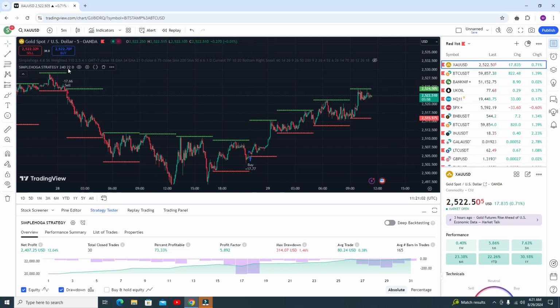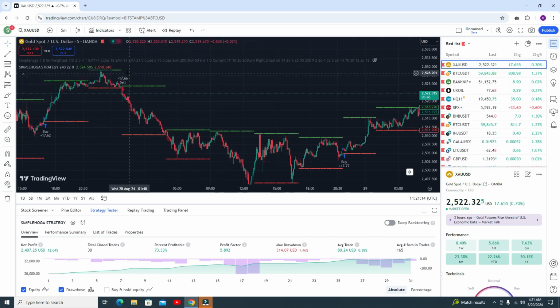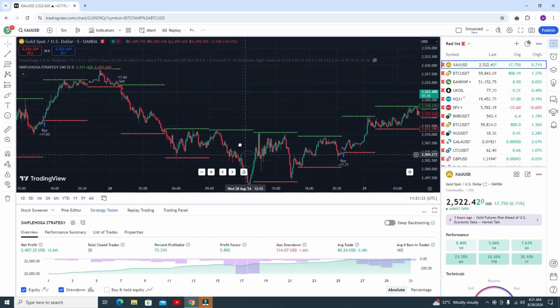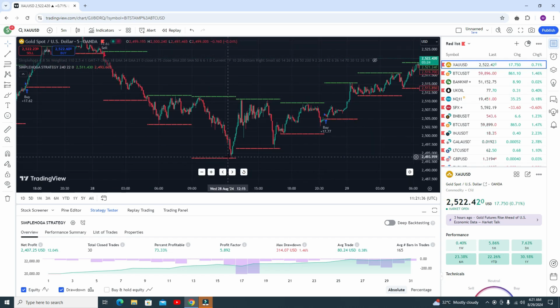By using only this single indicator, you are getting accuracy of around 73%. Okay, first we need to understand how this strategy works. Whenever you get the sell signal, you need to watch whether you are getting the signal on the resistance. If yes, then you go for the sell trade, and you book the profit here. You can go for another sell trade, and book your profit here. Another resistance here, and you can go for another trade, and you can book your profit when the candle touches the resistance level.